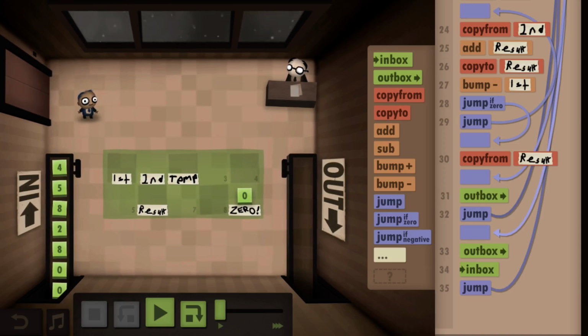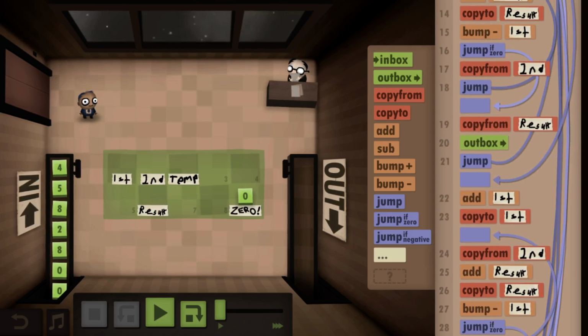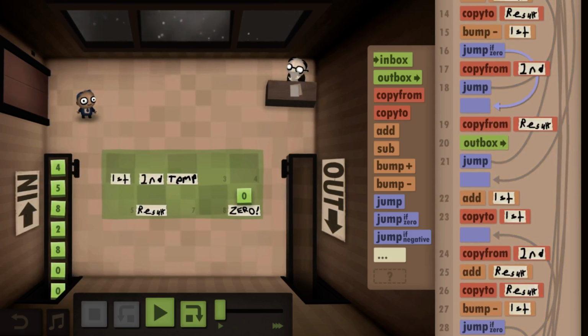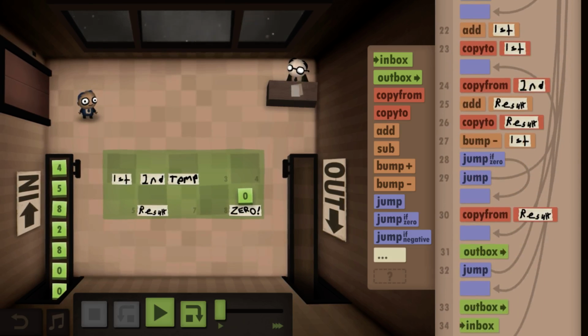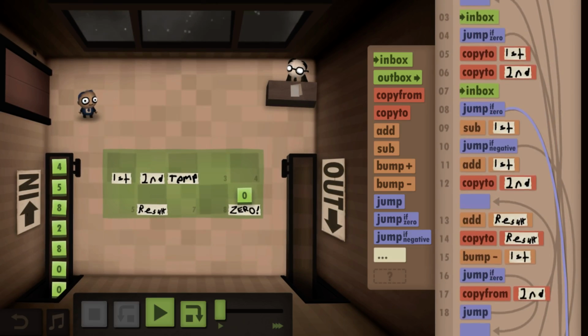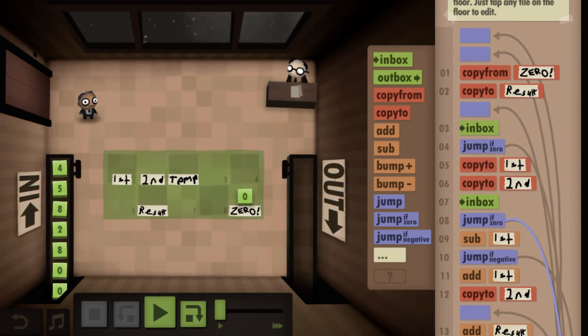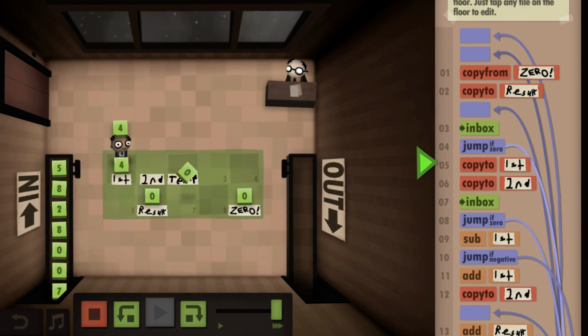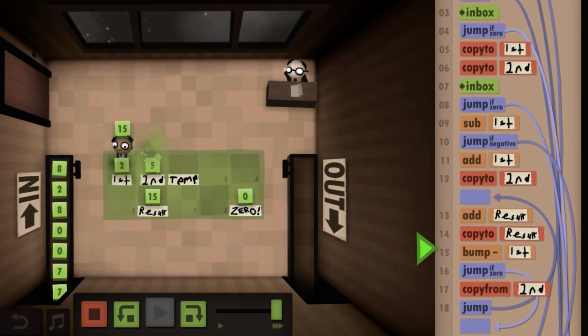Jump if 0, copy from result here and outbox. And this jumps here and outbox is, so what does this jump to? Just if it's 0, outbox it.